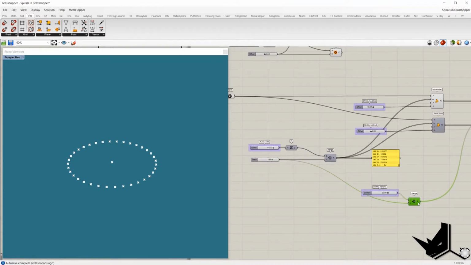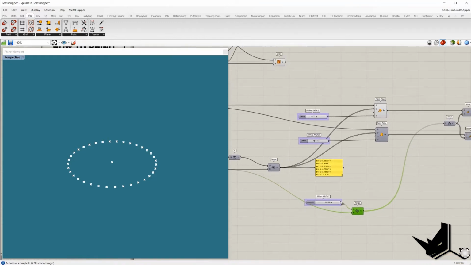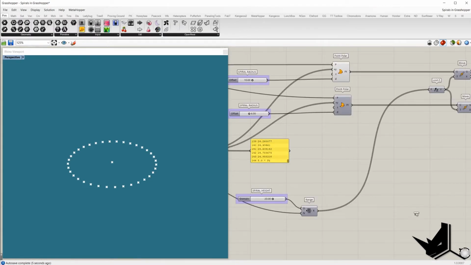We will have the same number of amplitude values as we have points, but the distance will be from 0 to 20. So if I connect the panel, you can see that we generated